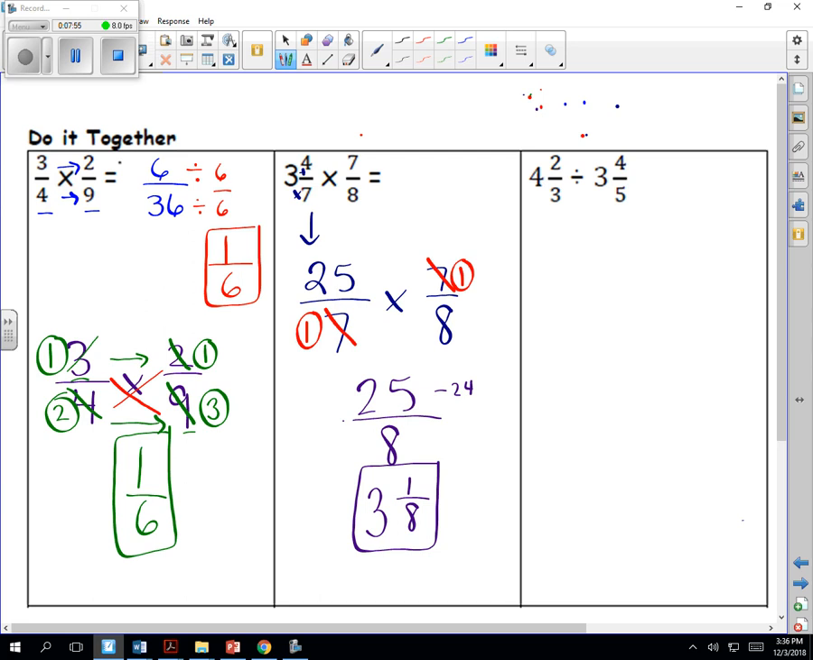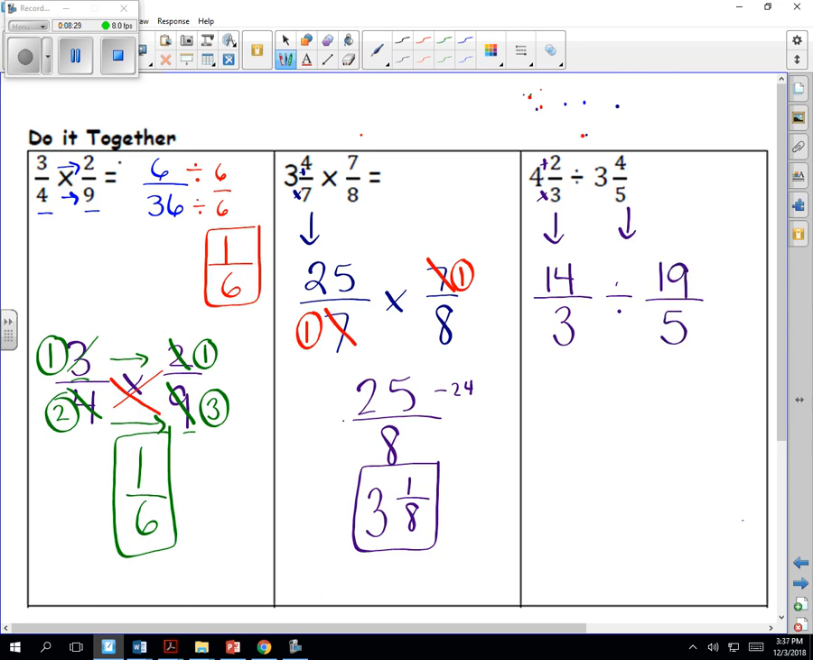What do you notice different about the third problem? Well, I have 2 mixed numbers and I have division, so there's a lot to this problem. Our first step is to change both of these to improper fractions. So 3 times 4 is 12, plus 2 is 14/3. Division, so divided by. 3 times 5 is 15, plus 4 is